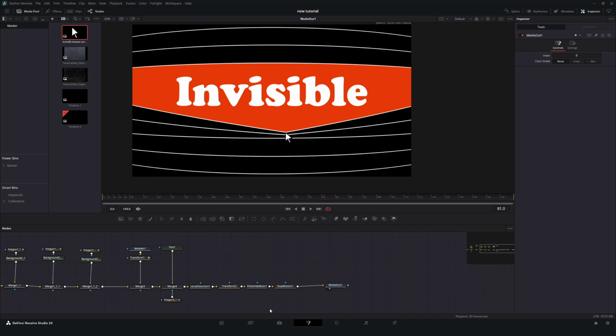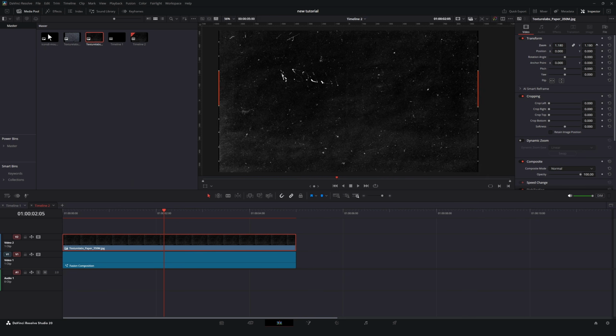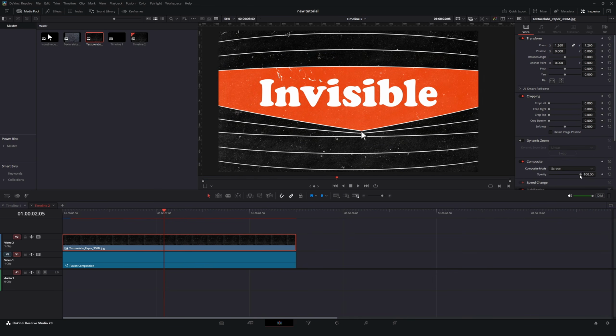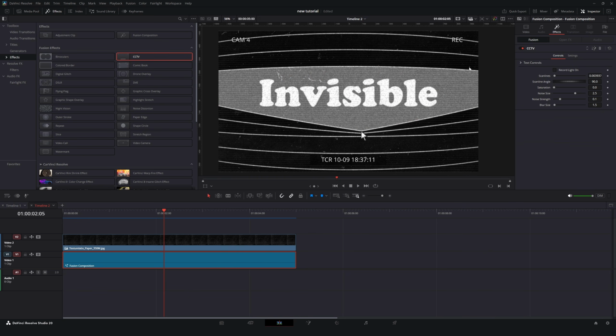The next thing we are going to add in the edit page. So head there and on top of the fusion composition, add this texture. Zoom a little bit to fit the frame, change the blending mode to screen and reduce the blend to get this nice texture. Next, head to effects and add this CCTV to the fusion composition, and in the inspector tab,